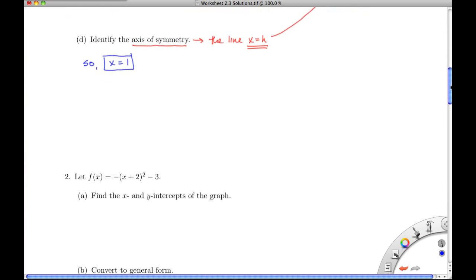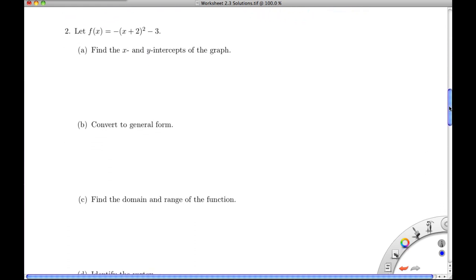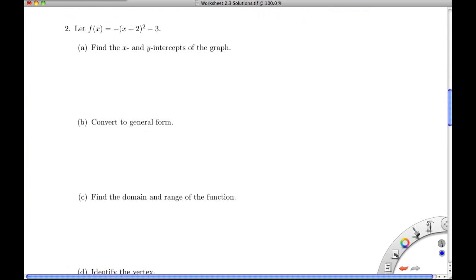Okay, so if we move on to number 2, what we see here is that now we still have a quadratic function, but this is actually given to us in standard form. So we can look at this, and just right off the bat, it's probably a good idea to start taking note of these characteristics. So we know that this is in standard form,